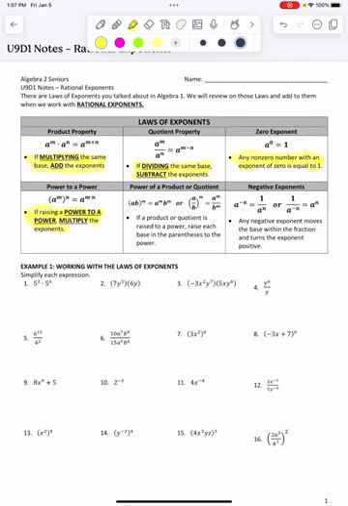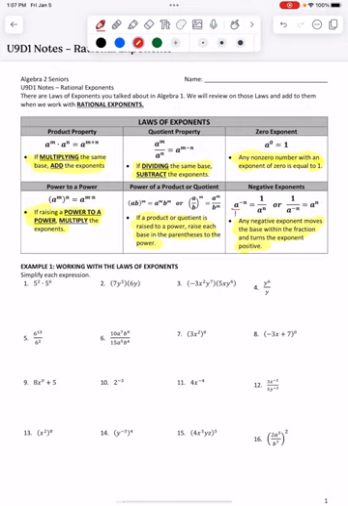And if you have a product or a quotient raised to a power, so if you've got stuff in parentheses being raised to a power, then everything in those parentheses needs to be raised to that power, okay? And then negative exponents, that doesn't make the base negative, it just changes the position of the base within a fraction. So like in this first one right here, a to the negative n,